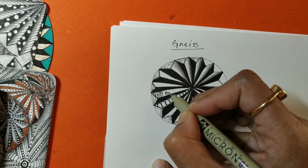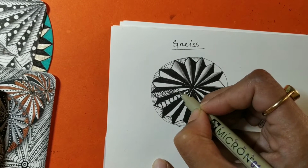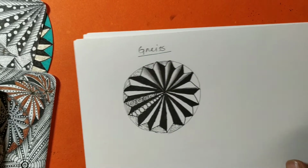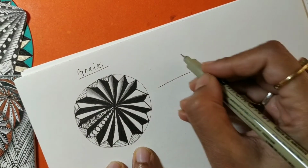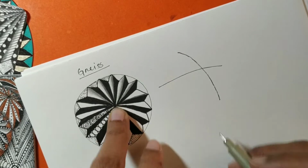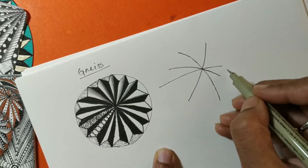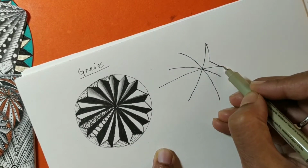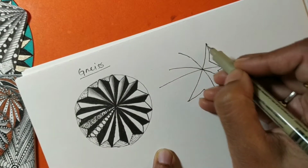So just to give you an idea how you can play around with the pattern, there is one more way you can play around. You can give it a three-dimensional effect. Just don't keep the center in the middle and instead shift it, right? If you draw it like this, then it will look different,